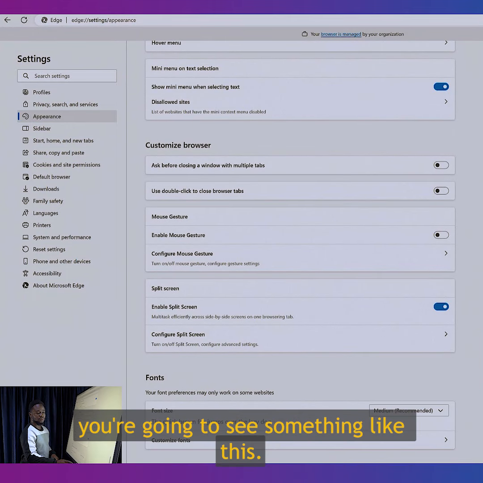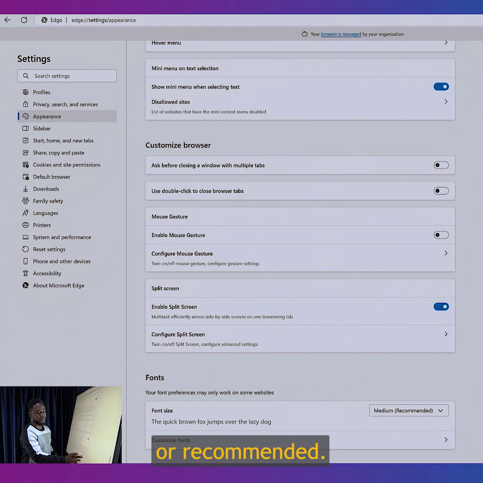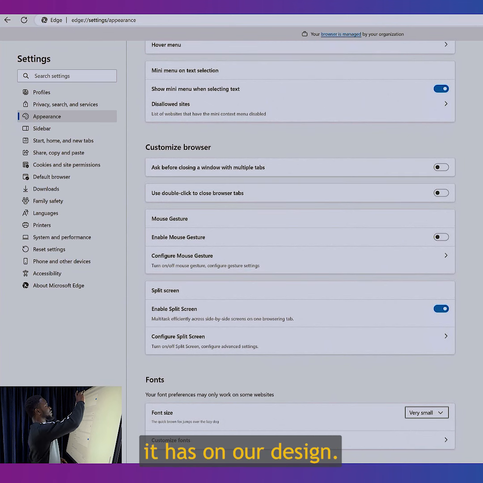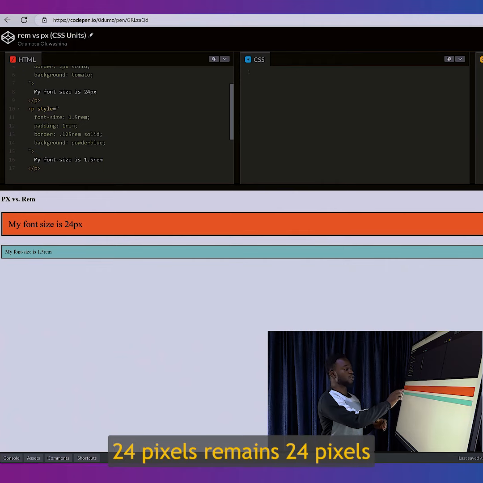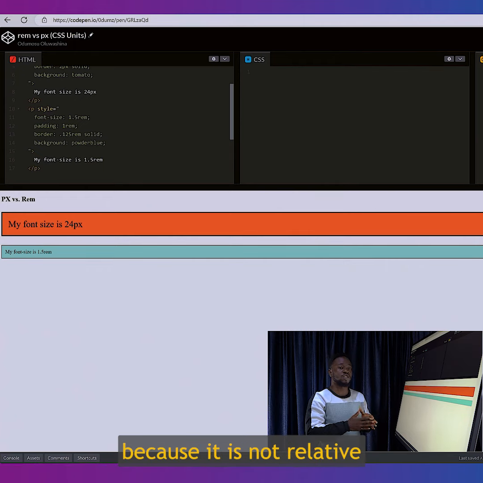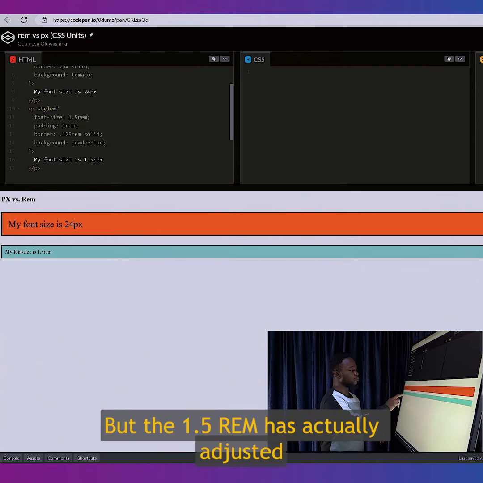Now you're going to see something like this, right? And your font is usually going to be medium or recommended. We're just going to change this to very small, and let's see the effect it has on our design. Now see what happens. 24 pixels remains 24 pixels because it is not relative to any unit or any value at all. But the 1.5 rem has actually adjusted based on your